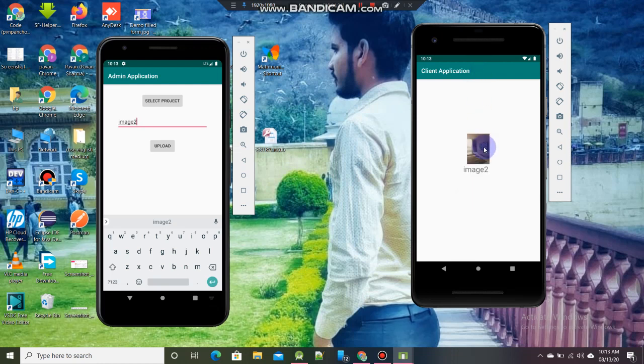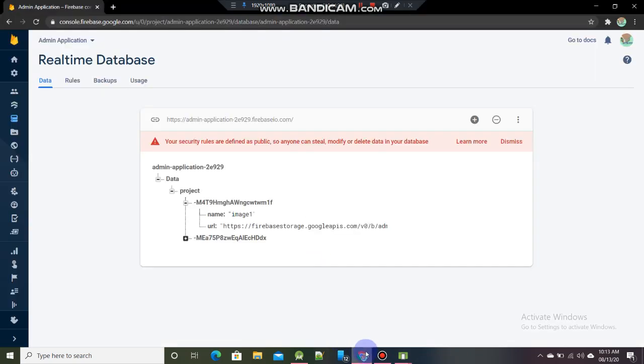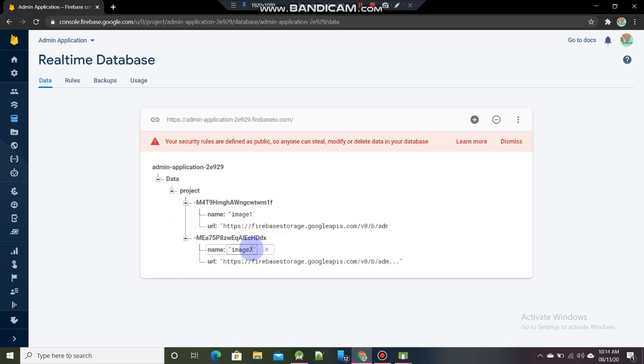So you can see our data is coming from the database. I will show you the database. You can see this is the image 2 and this is the URL of image 2.